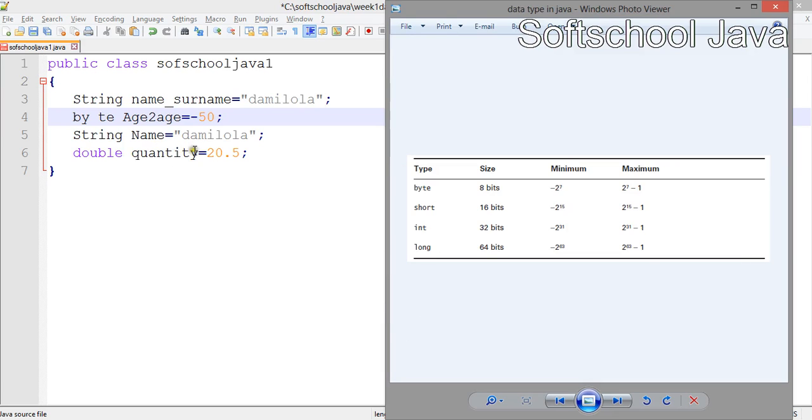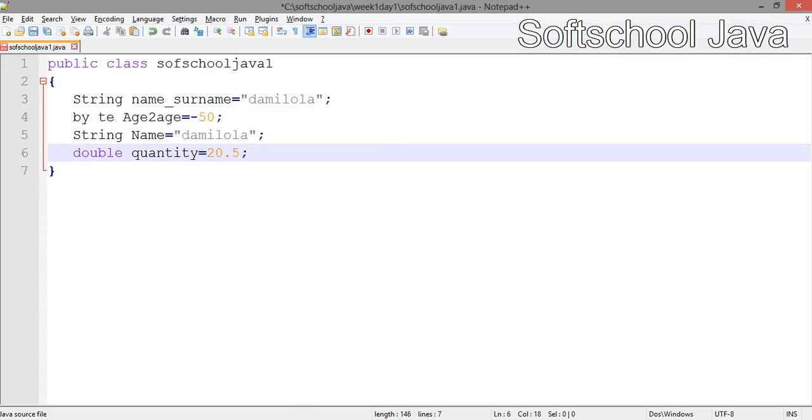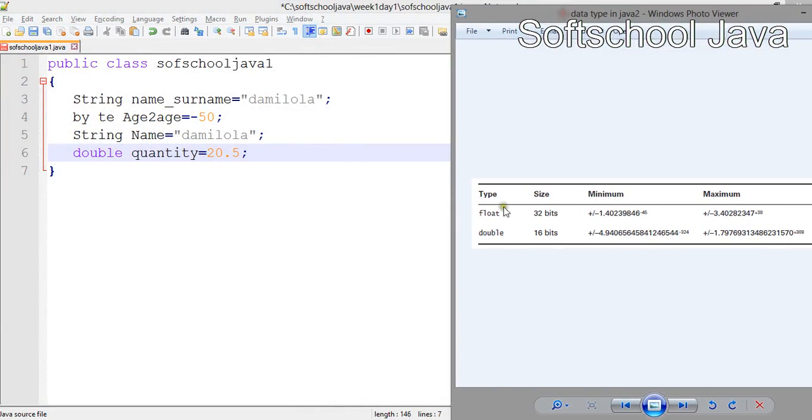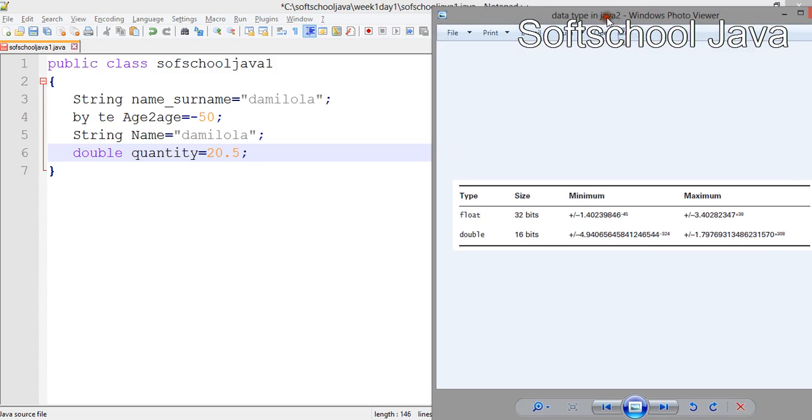All right, the next group of data types I want to show you is the floating point data types. These data types hold floating point numbers. Look at this double, like I used here in line 6 in this program. It holds 16 bits. Now we have